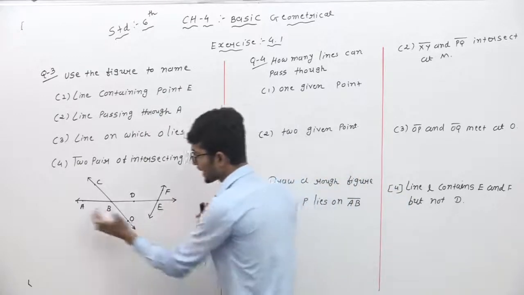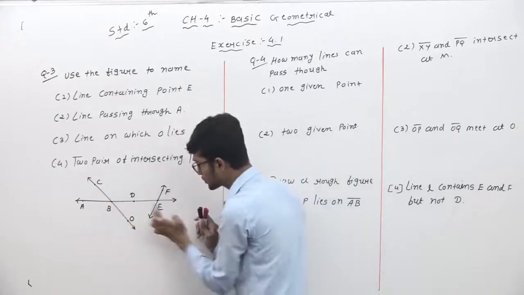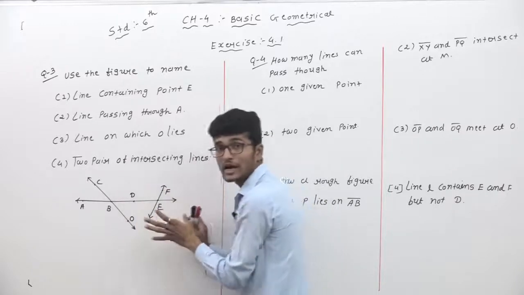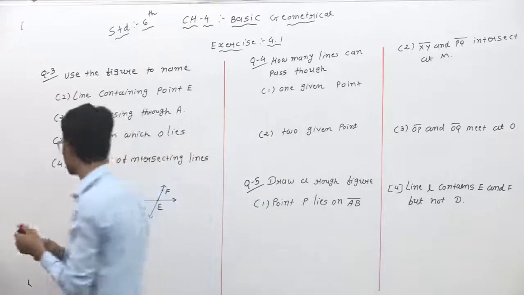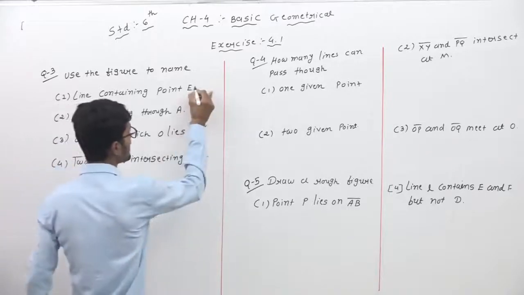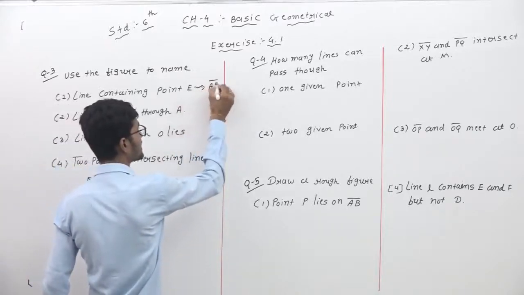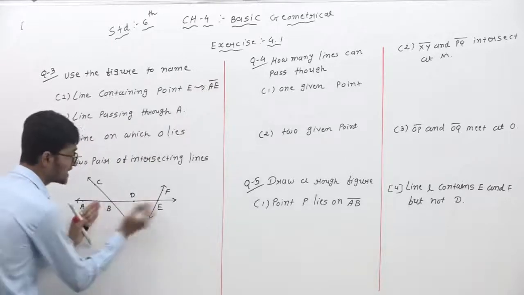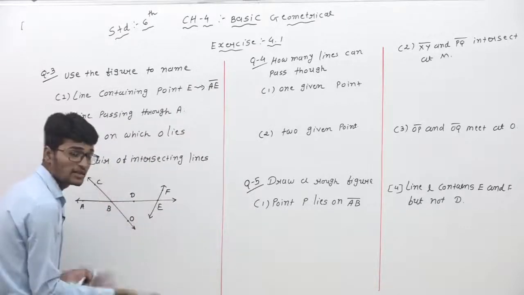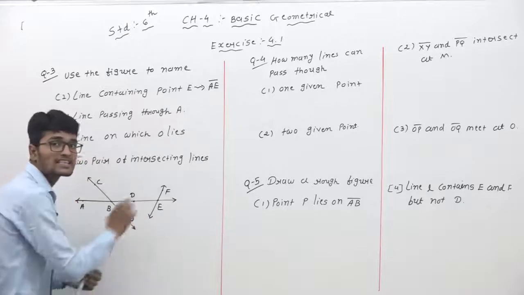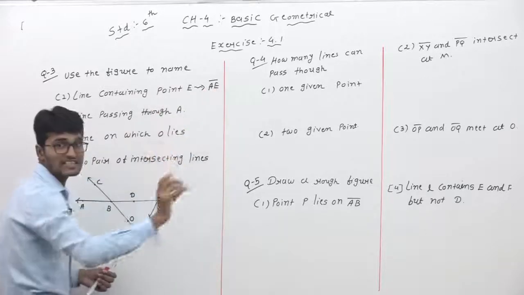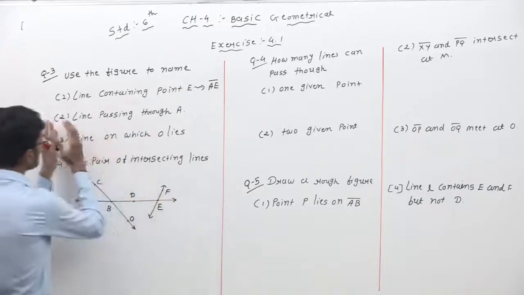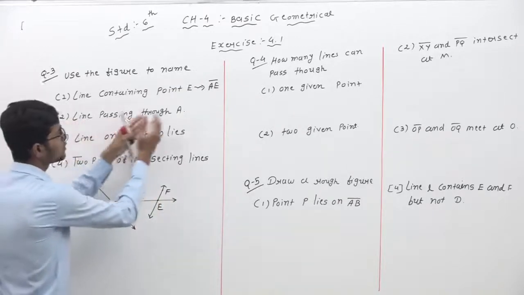So we will write AE. This one is for one line. BE, DE, FE — you can write all the answers, but we will write only one answer. It means my answer in this question is AE. BE, DE, EF are also right. So all the answers are right, but we will write only one answer. It means AE. Understand?